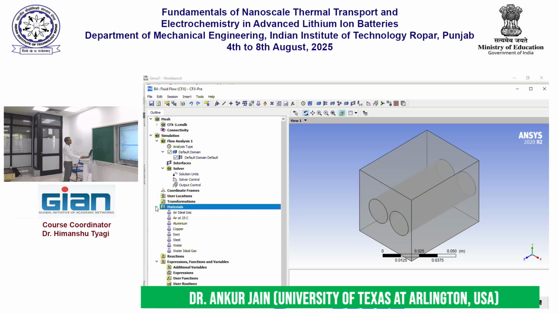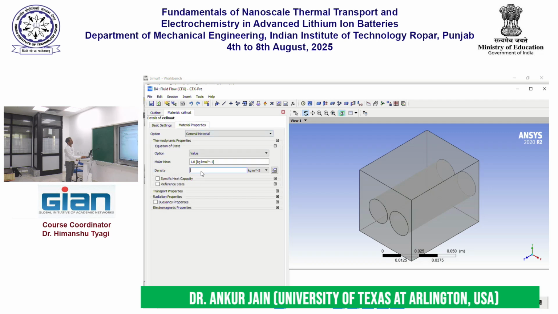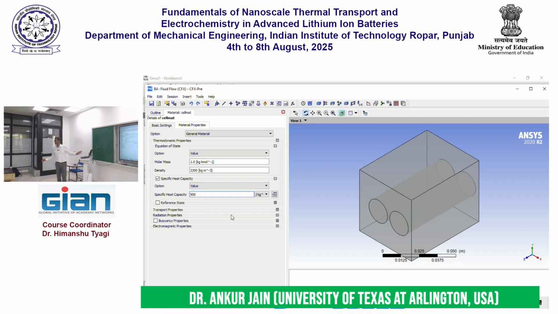Remember that this had only a few materials available. So I am going to insert a new material and I will call it cell material, cell mat. I will tell it that this is a solid and I will specify its properties. Its density is about 2200 kg per meter cube. These are based on my own understanding of these numbers. The thermal conductivity,